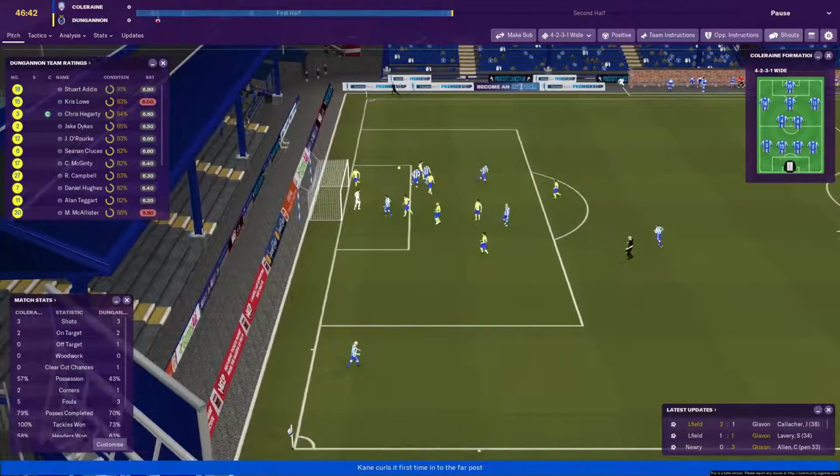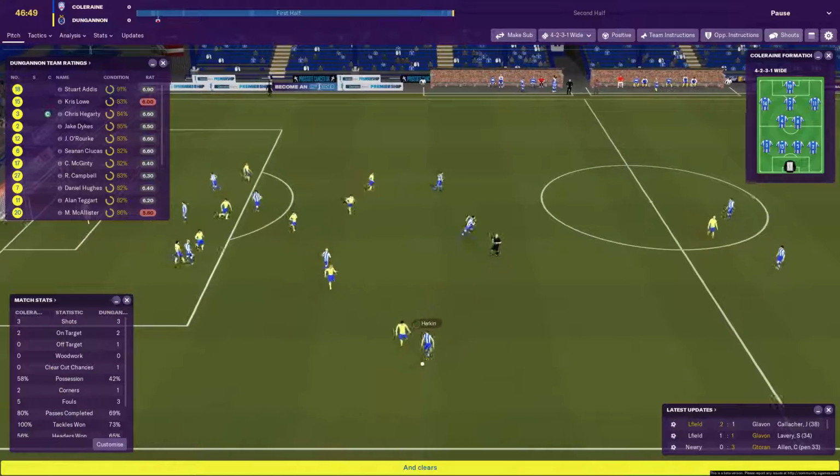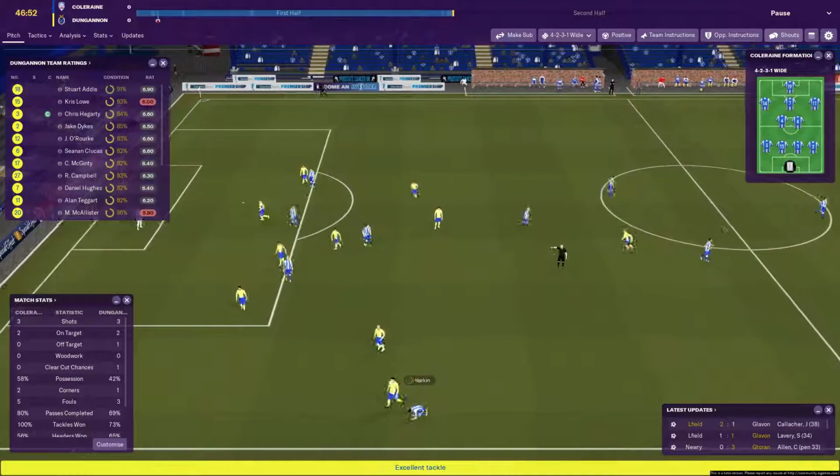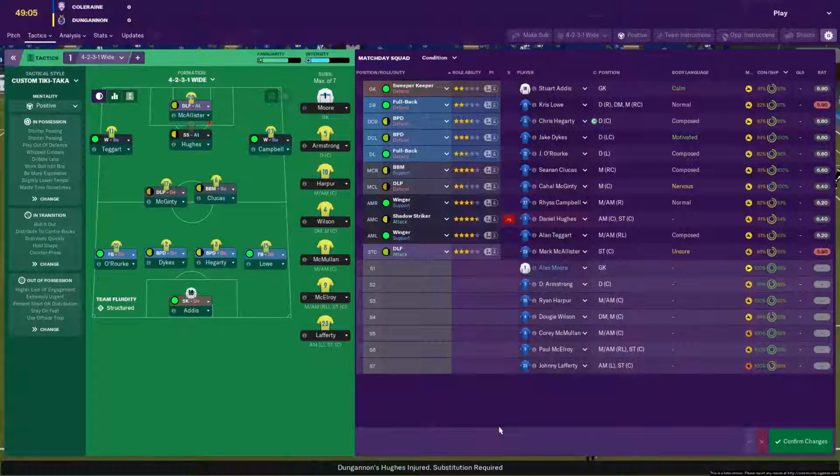But as it is, it's out to Lyndon Kane on the left. It's headed away. Lowe flicks it on again, but Harkin's got the ball in the middle. He's drifting out towards that left flank, but Campbell makes an excellent tackle. I'm so proud of the way they're playing, and I feel like this is going to be a really positive